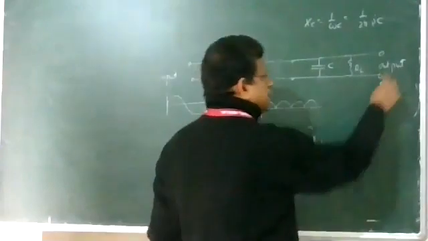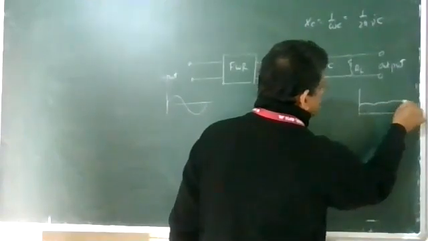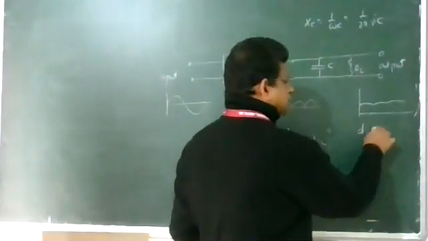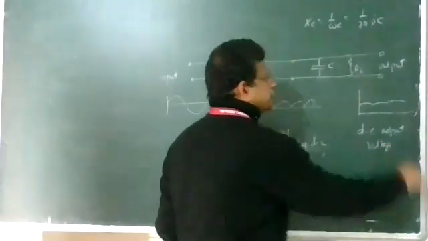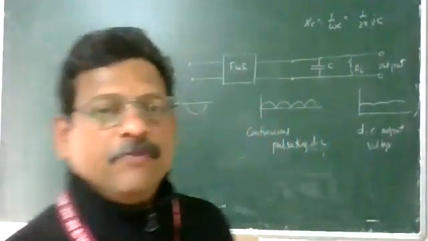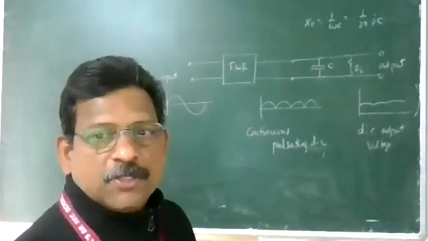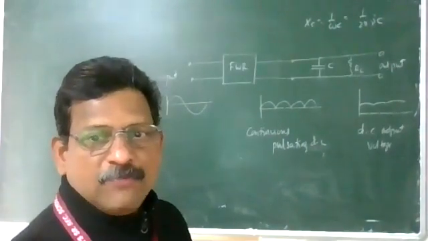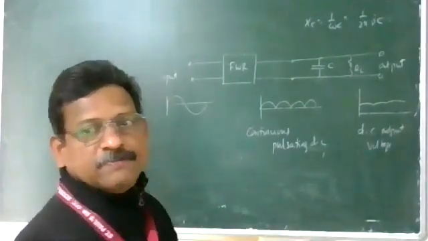So what output are we getting here? The pulsations are removed and we are getting the DC output. Depending upon the filter, if we use 2 or 3, we get more and more accurate DC output. So this is the filter circuit, which consists of mainly a large value capacitor. It bypasses the AC component, which is undesirable in the pulsating DC, which is the output of the full wave rectifier.